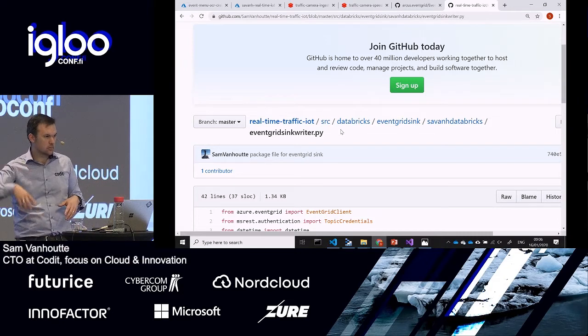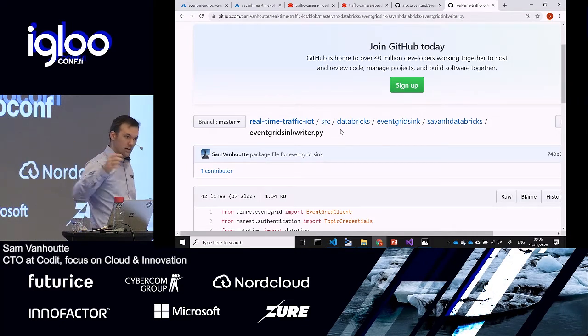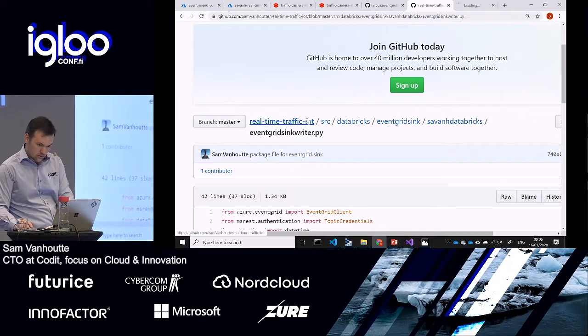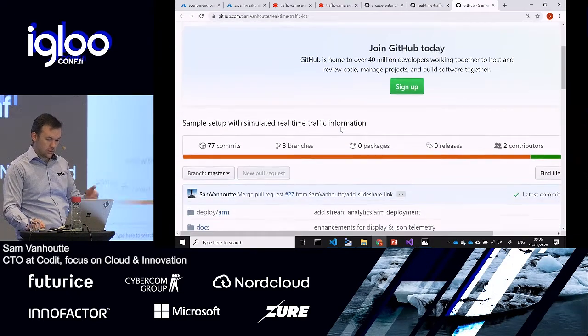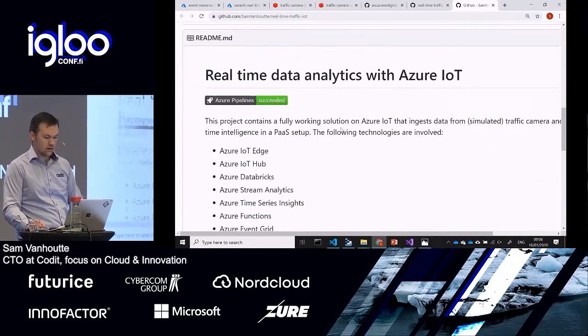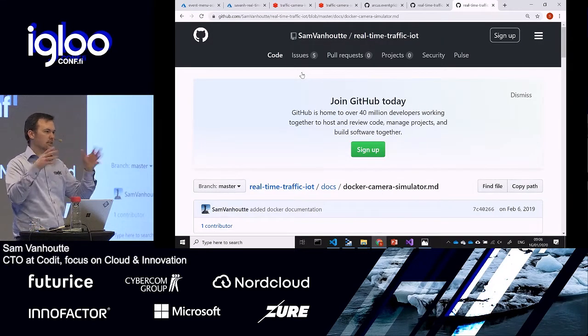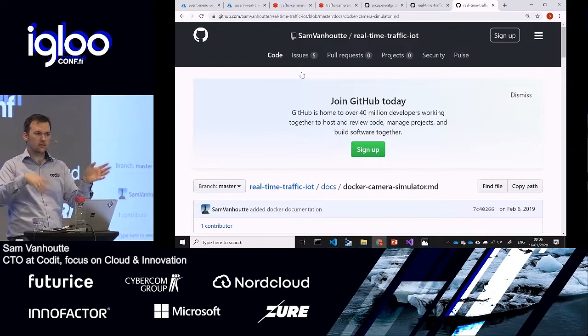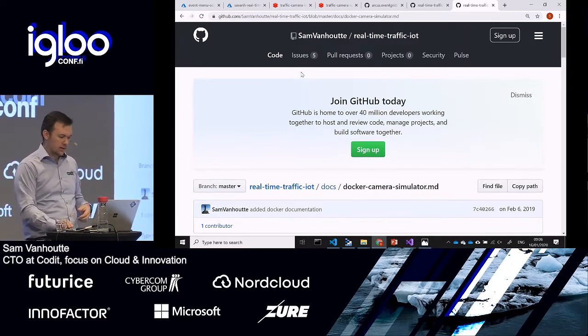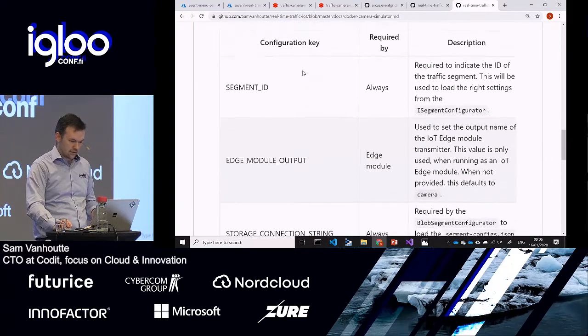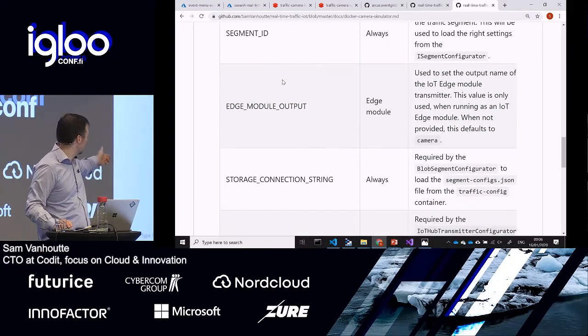There's also a container published on, I think, Docker Hub that you can just use. Let's go here to the README. You can just use and deploy that container in whatever your preferred scenario. Here, the public camera simulator. It just creates a stream of license plates with a little bit of speeding and so on, and you can configure things. So an example is these events that get configured, and you can start.